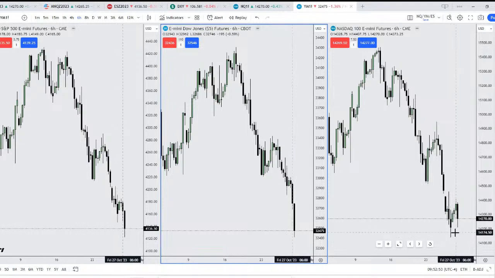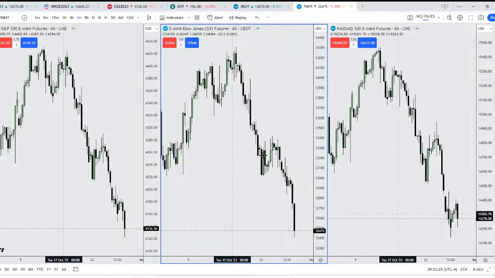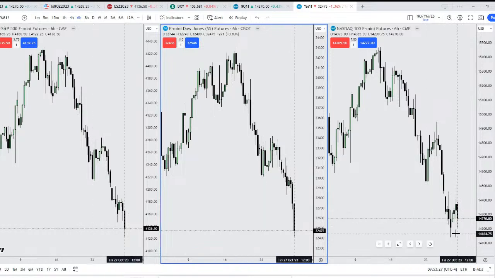So in this case, I am anticipating a draw into the daily volume imbalance first before lower prices. The SMT is showing me that. But at the same time, please be reminded the high time frame is still bearish. We are still in bearish order flow, so this could just be a sister concept whereby Nasdaq is lagging behind the two other indices, and eventually it's going to catch up. So don't place too much emphasis on the SMTs right here.